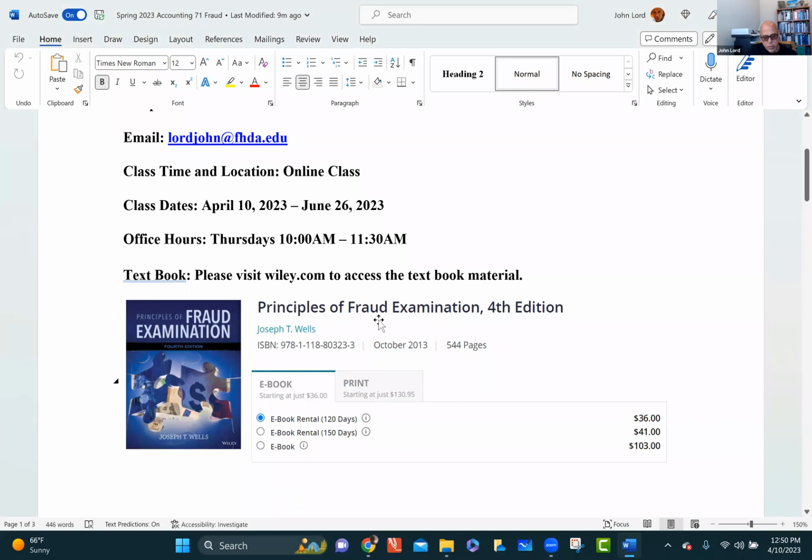I think just not on the author, but if you just search on that Principles of Fraud Examination, you'll see the 4th edition. Okay, and they're going to offer you these options. I recommend the ebook rental, and I don't know why it's clicked on the 120 days. Count the days. I think that would be sufficient for our brain